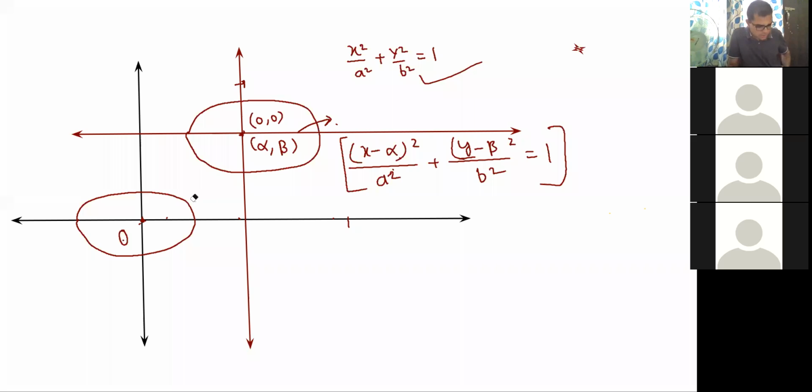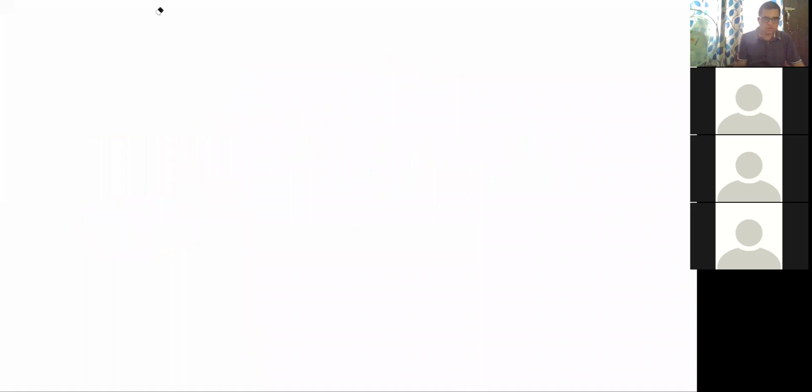Okay, so now let's come to question number 26. So it says that find the equation of the ellipse with its center at 1,2. अब सेंटर कहाँ पे शिफ्ट हो गया 1,2 पे. टिल नाउ वी आर डूइंग सेंटर एट ओरिजिन. अभी तक हम जो प्रॉब्लम्स कर रहे थे वो उसमें सेंटर ओरिजिन था.